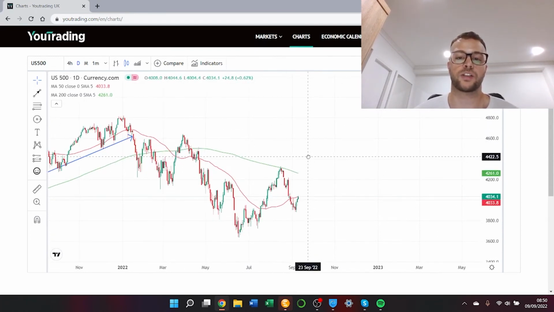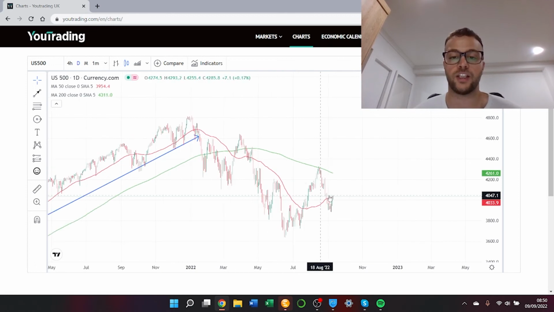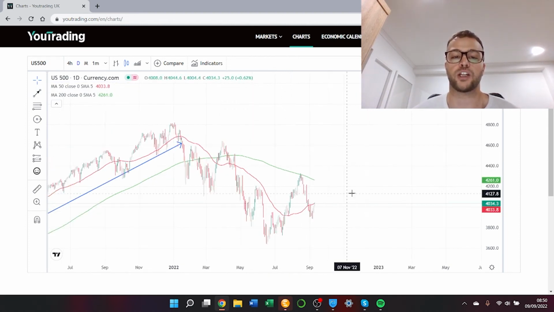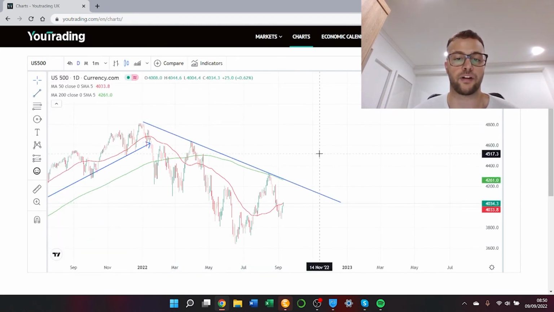But it's going to be a big moment if and when. I think it's a matter of when, really, because stocks, you'd imagine, are going to recover at some point. When this 50-day moving average here in red crosses back above this 200-day moving average in green, that could be a signal that we're in for another sustained bull market in the S&P 500.